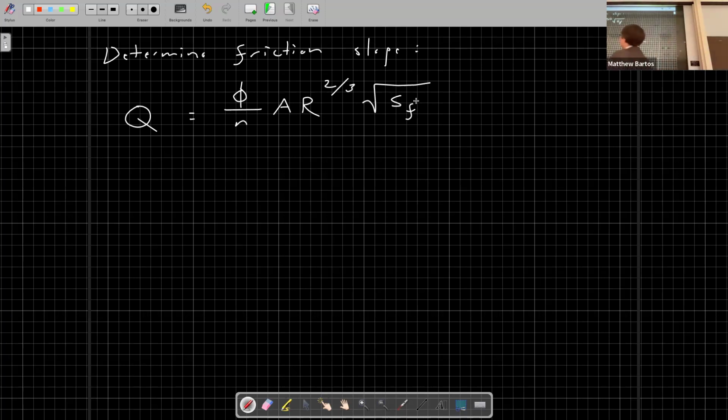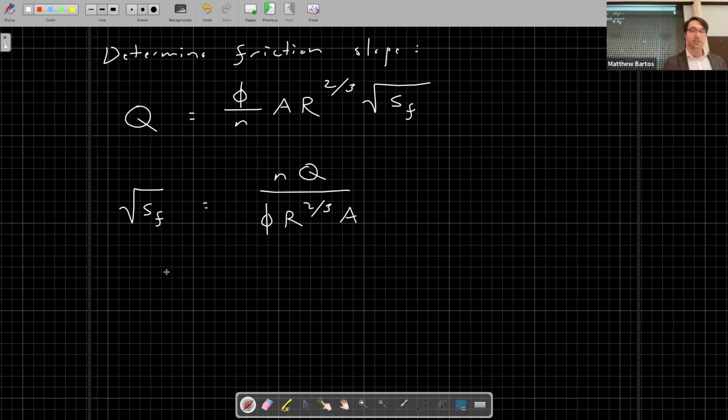For uniform flow, the friction slope is equal to the bottom slope. For this case, it's not uniform flow, so we can't apply that same rule. If we rearrange this, we can get an expression for the friction slope. The square root of the friction slope will be equal to n times Q divided by phi times the hydraulic radius to the 2/3 power